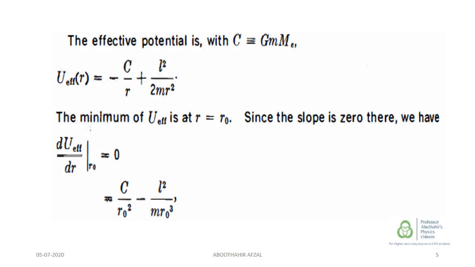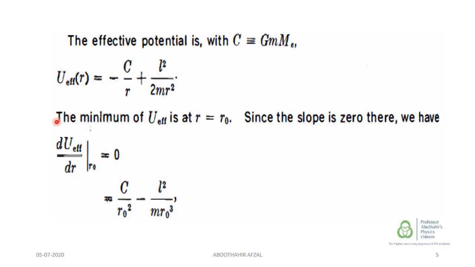As we studied from the previous videos, the effective potential is the kinetic energy in the angular direction plus the potential energy due to the gravitational force in this case. The conservative force is the gravitational force, so the potential energy is minus GMm by R. Here we consider GMm as C. Small m is the mass of the satellite, capital M is the mass of the Earth. So minus GMm by R is minus C by R, plus L square by 2 m r square, which is the kinetic energy due to the angular component, that is the angular direction. This is also added in the effective potential energy term.